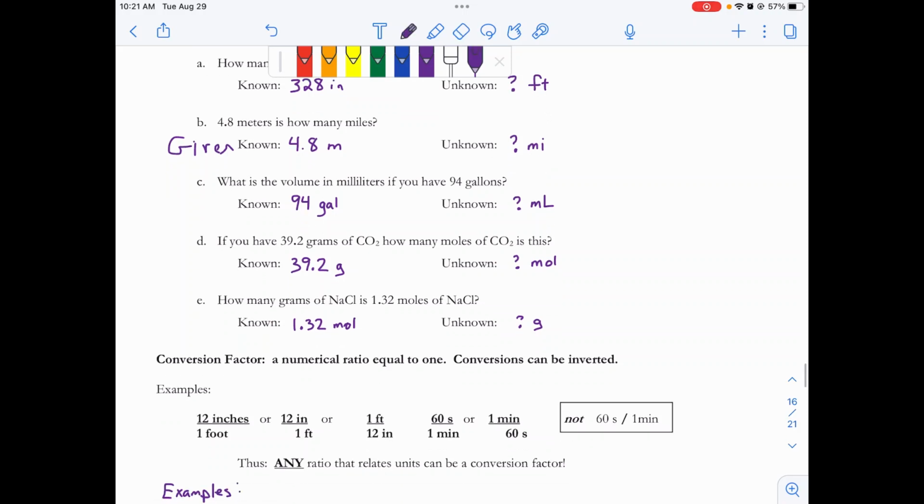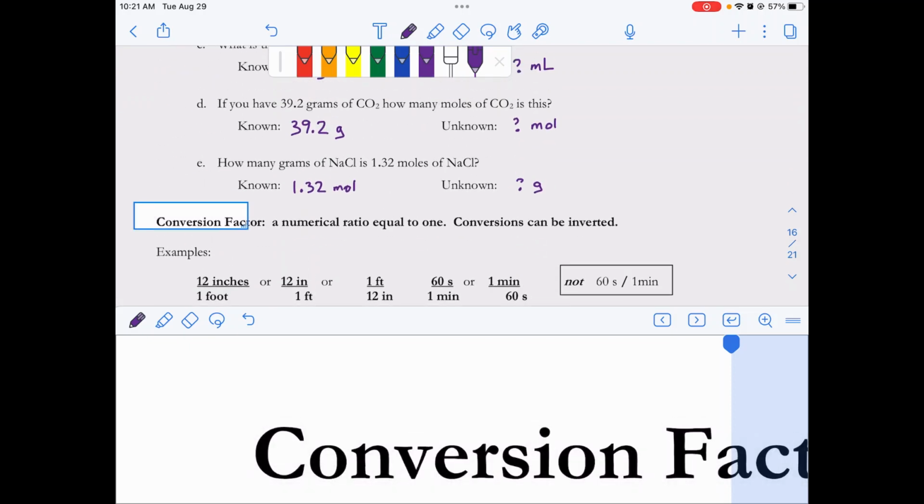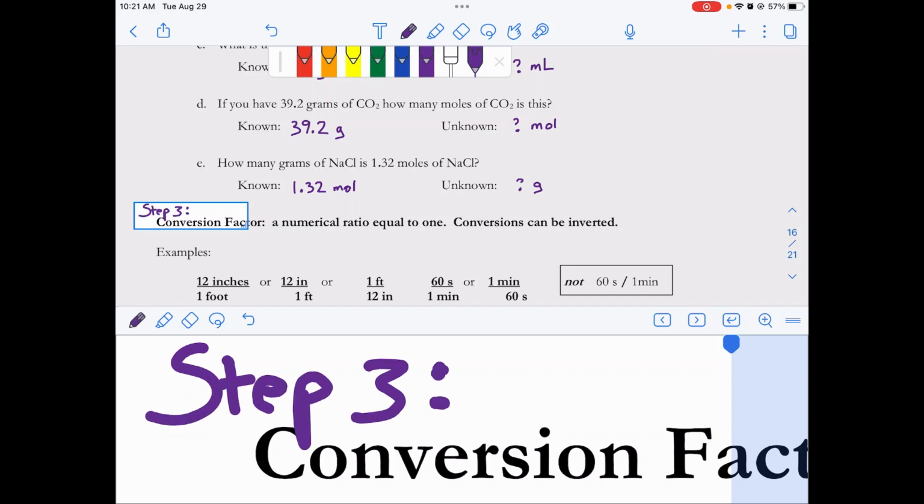Now the third step is going to be, and it doesn't say it here, so I'm going to add this in. And you can add this into step 3. Step 3 is to choose